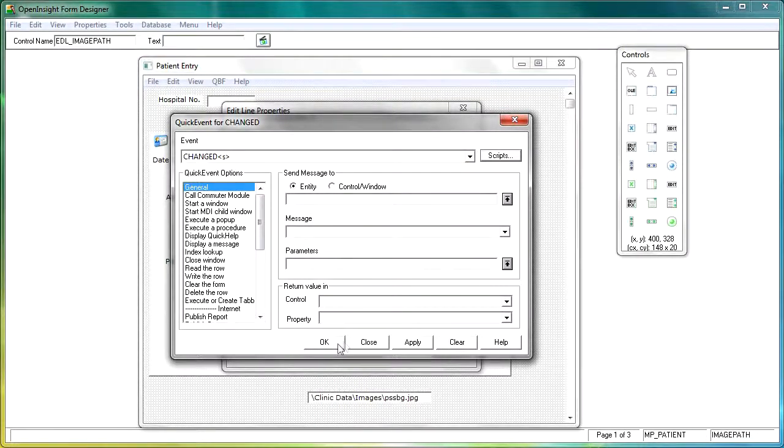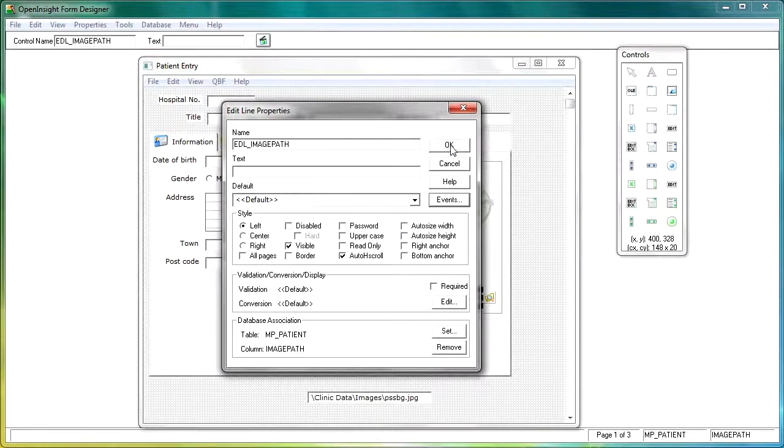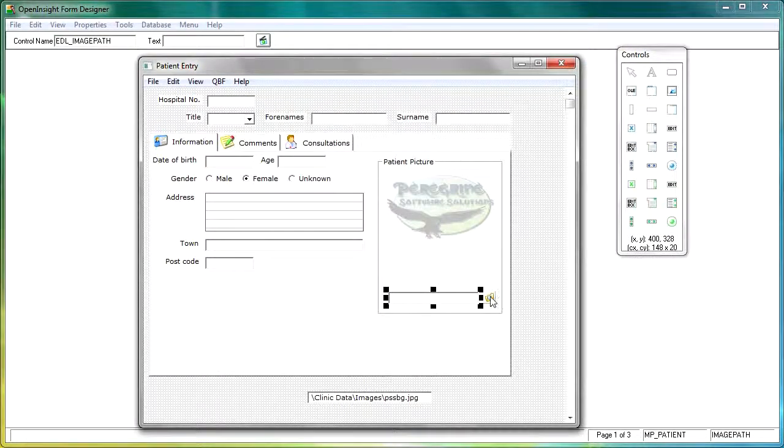Now we'll assume all that is correct. We'll do a test run in a moment, but before I do that I need to go into the button